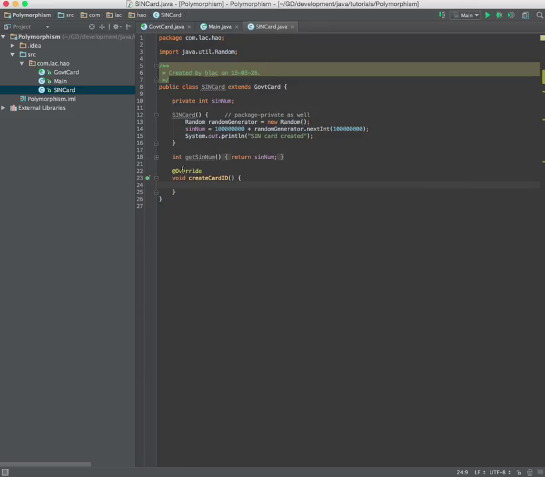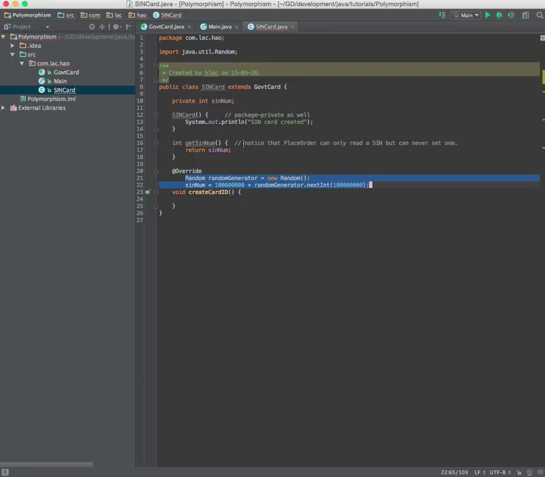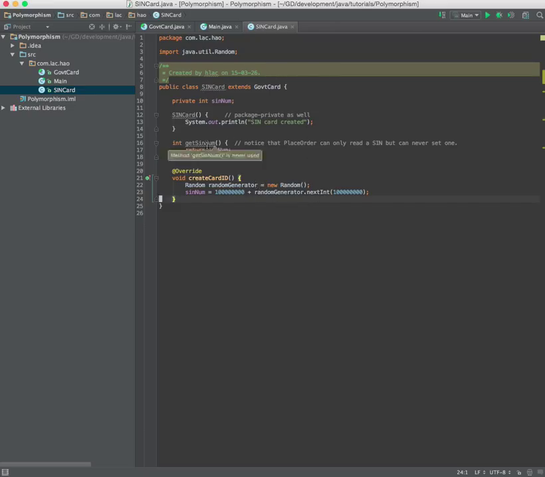All right, so in here you notice the annotation override is right here. So what I'm going to do is move this code down here. The intent is that when I create my driver's license class, it will generate its ID in a different way. Each card type, the SIM card, will generate this using this, and the driver's license will generate it another way. Okay, and again, this is a constructor without any